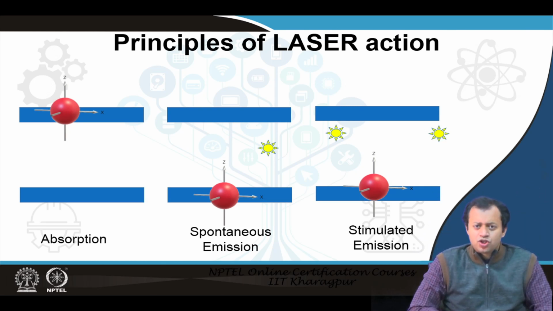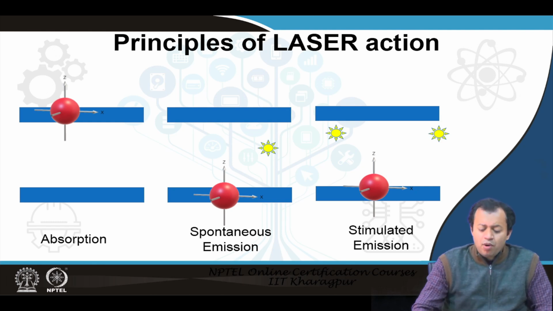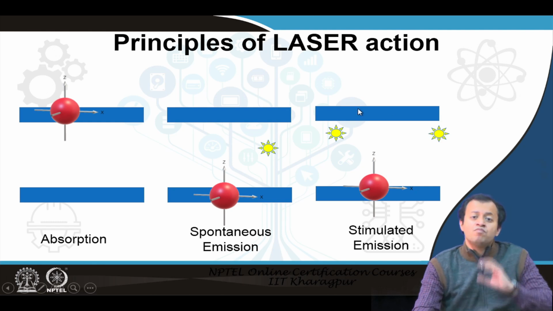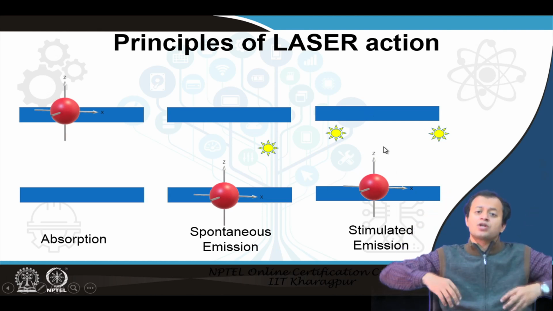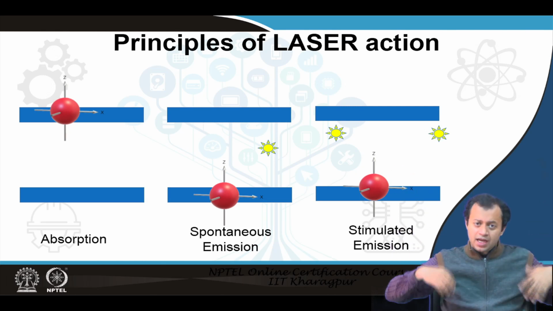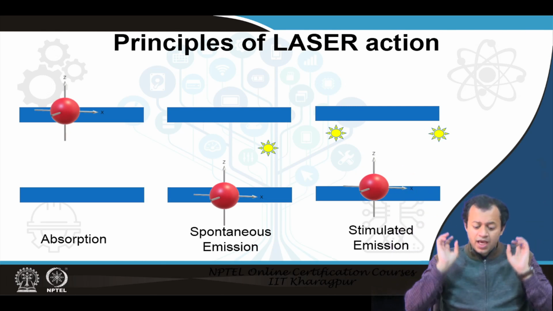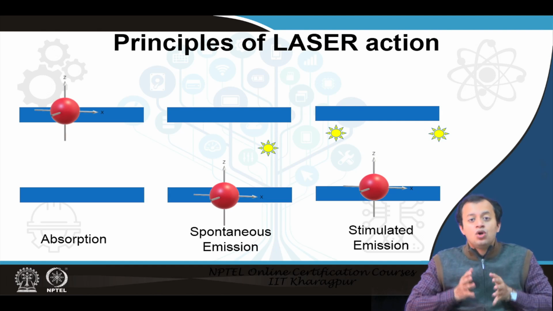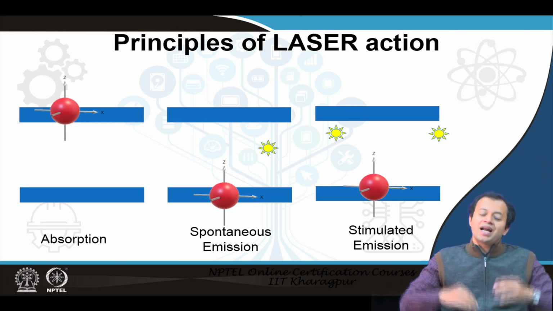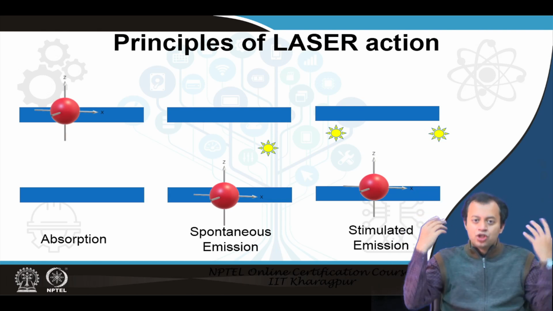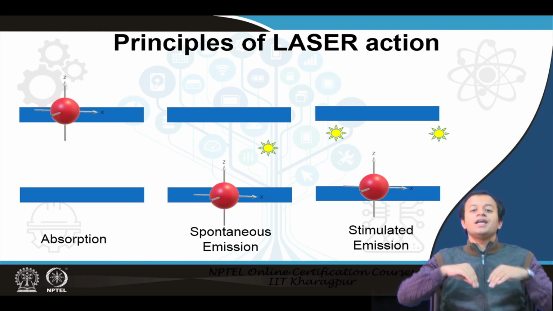All of you know what population inversion is. We try to reverse the process. We try to ensure that the population of electrons at the higher level is more than the population of electrons at the lower level. Only then, when more electrons are at the higher level, will more prominent laser action take place. No laser action will take place if the electron is at the ground level. Laser action will only take place when most of the electrons, a majority of them, are at the higher level. Hence, we call that inversion in population.